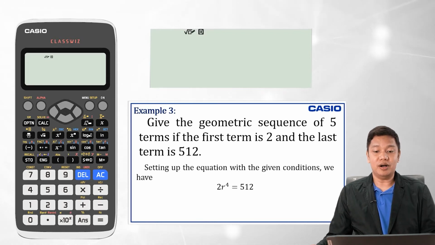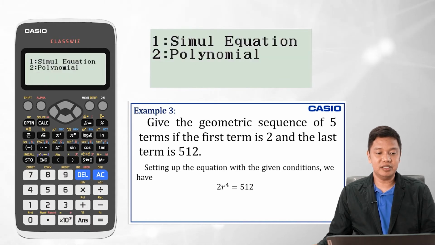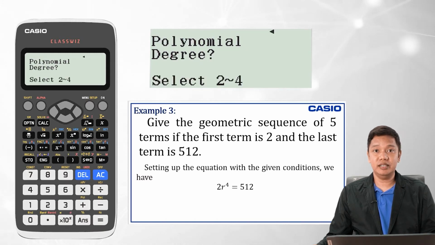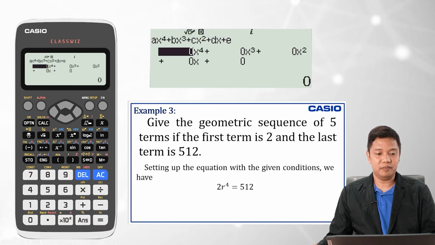To solve for the common ratio r, we need to use the polynomial equation function. To do so, press menu and then negative sign for the polynomial equation, and then press 2. Since the degree of the equation in our example is 4, we need to press 4. We are asked for the numerical coefficients of the equation in general form. Thus, we need to transform first our equation in general form. We have 2r raised to the 4th minus 512 is equal to 0,